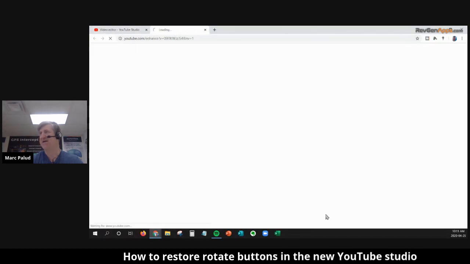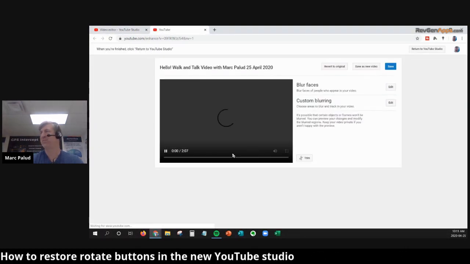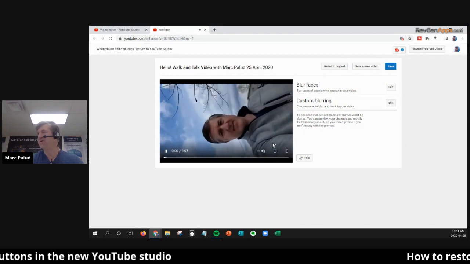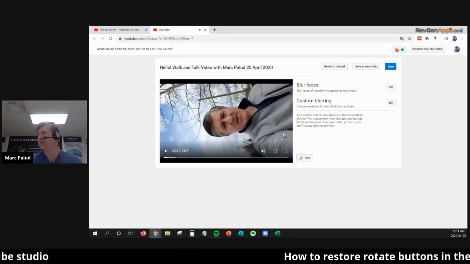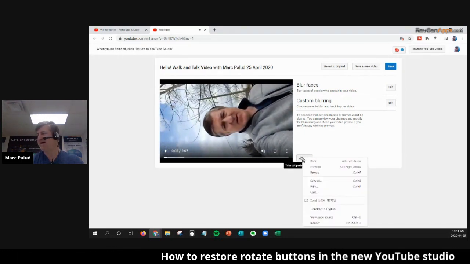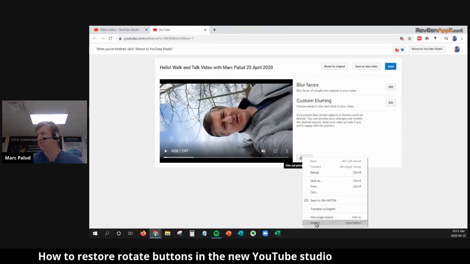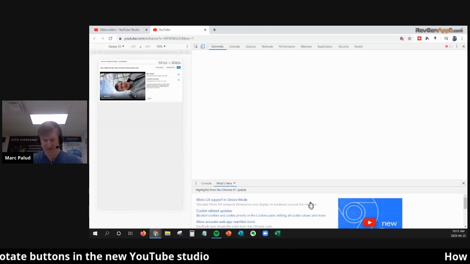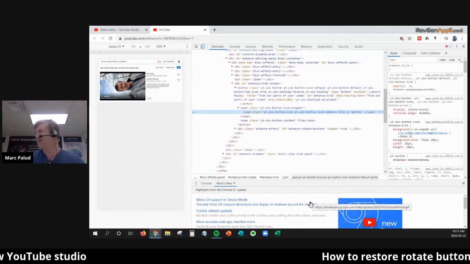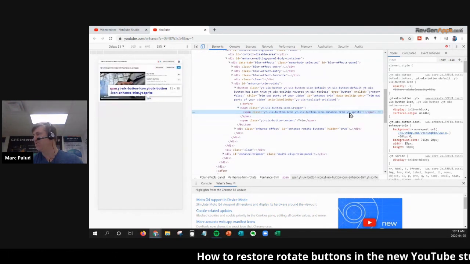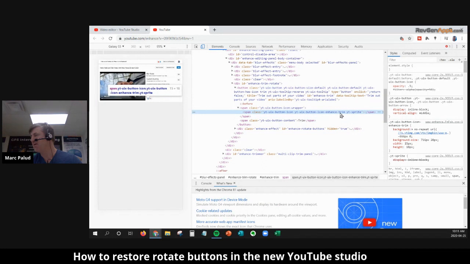So click on that. It opens up a new window. And on this window, there's another trim button. Right-click on that trim button and go to Inspect. Okay, this is going to open up the HTML editor. And you'll find here